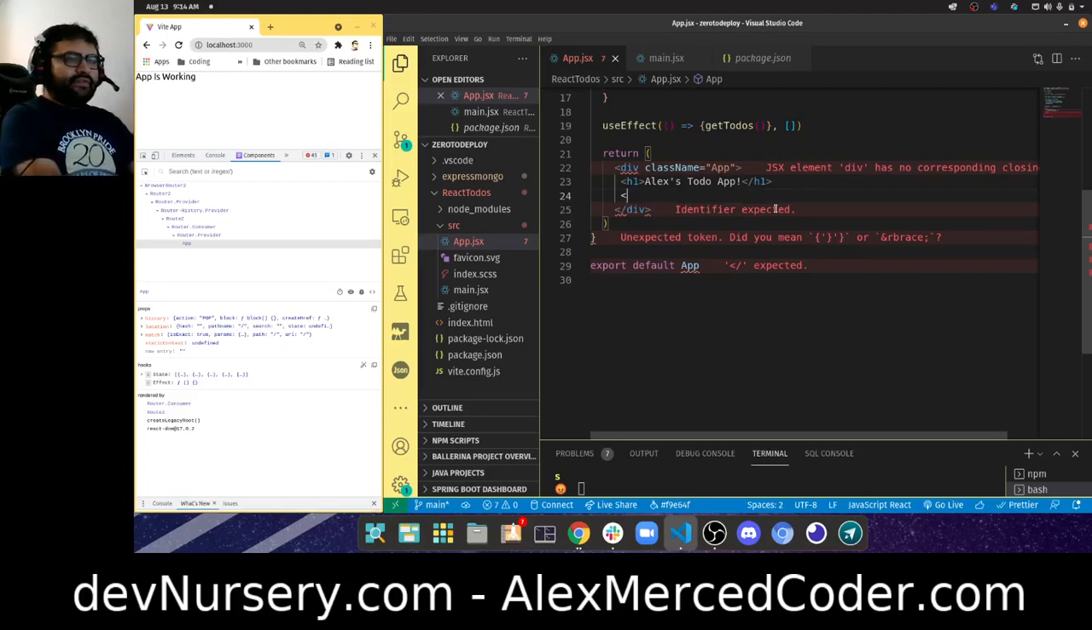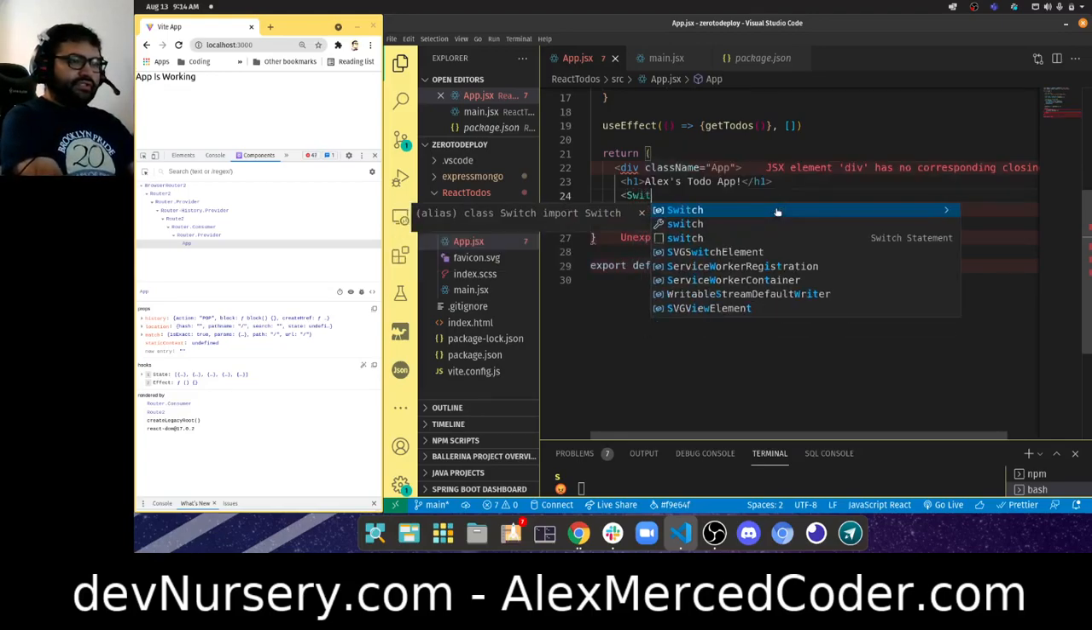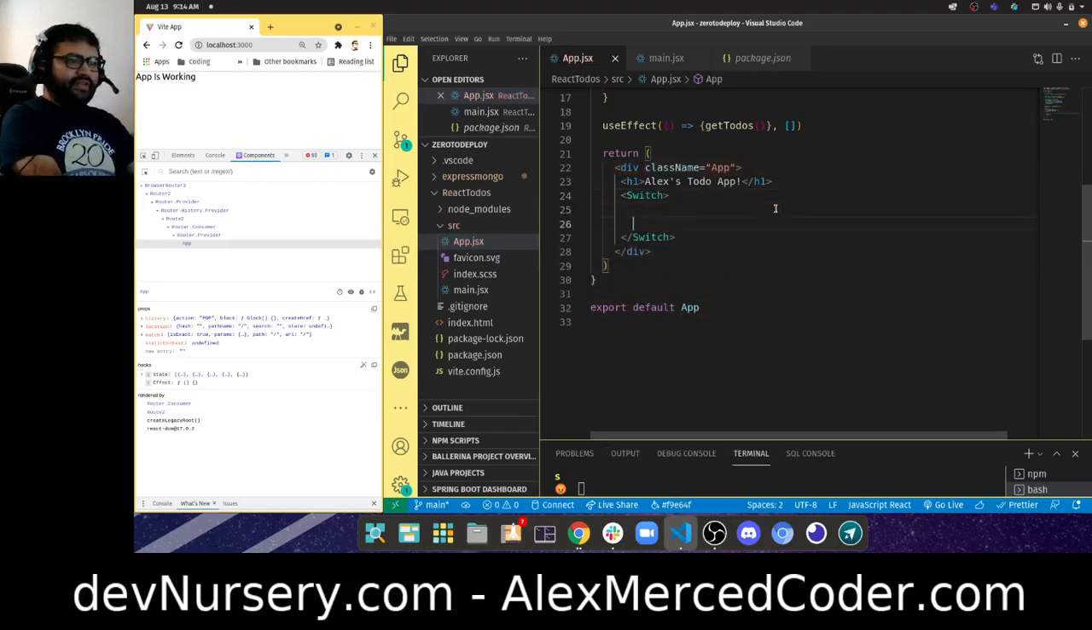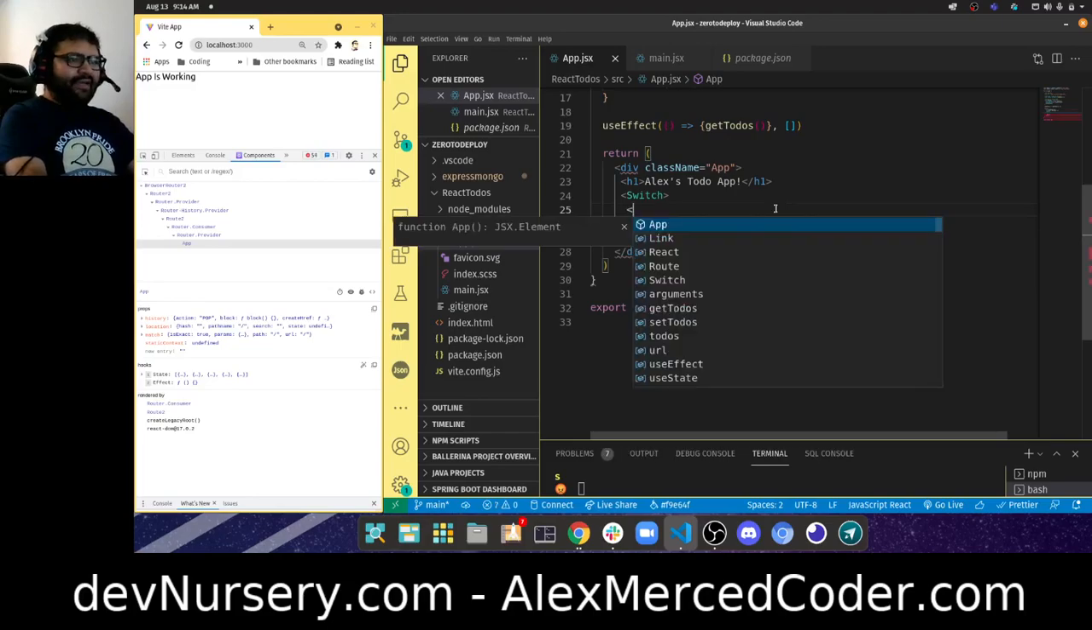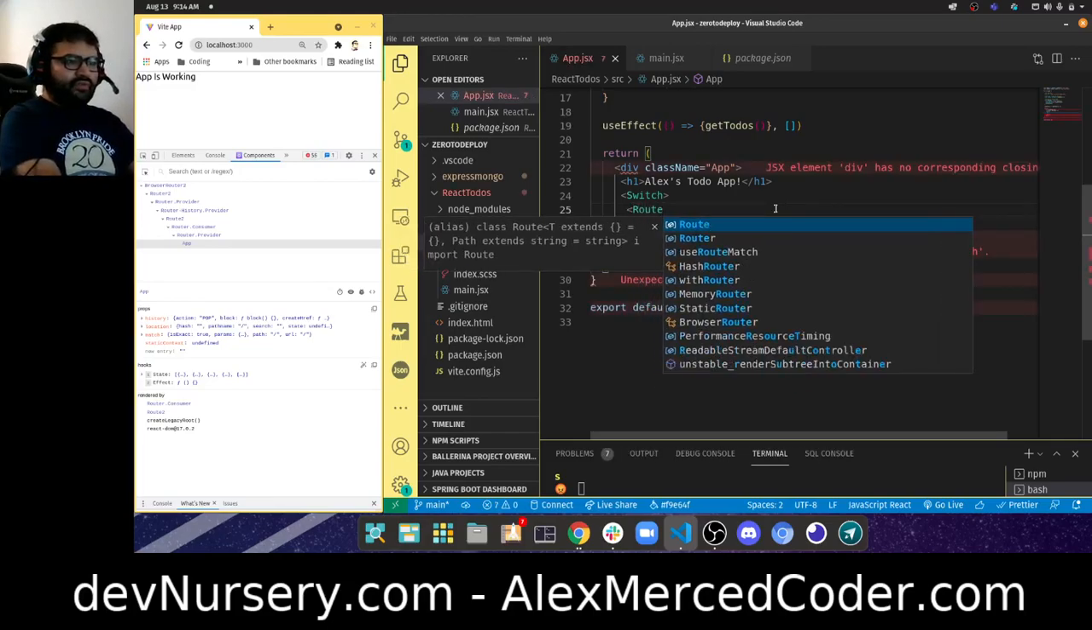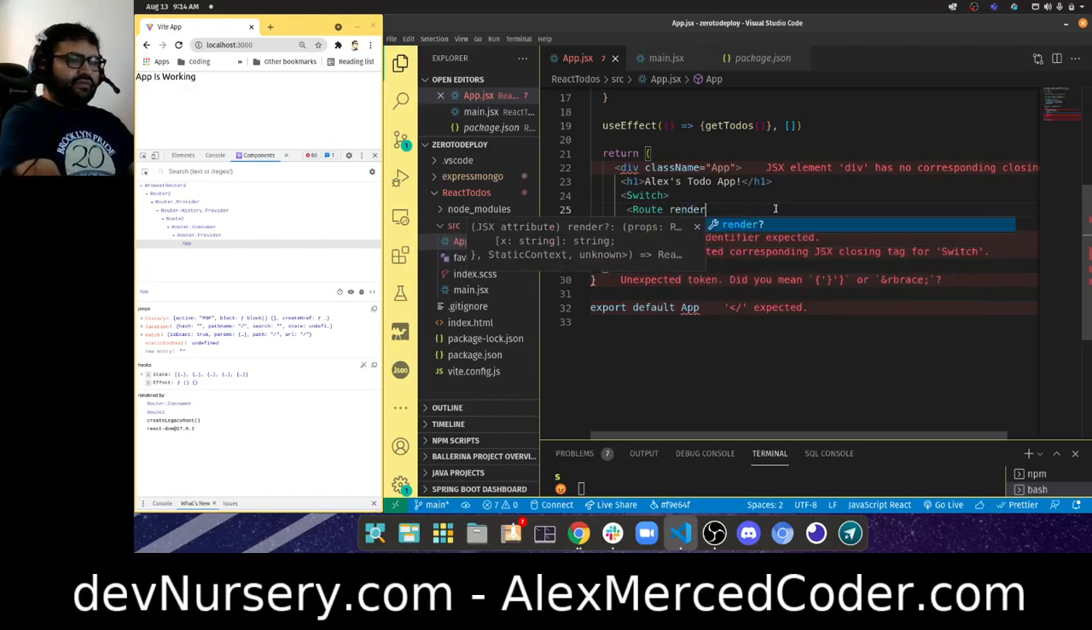Okay, so first things first, I'm going to create the switch, so that way only one of these routes will show up at a time. And I always, from the get-go, do the long setup. So route, render,